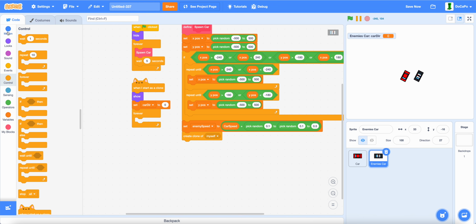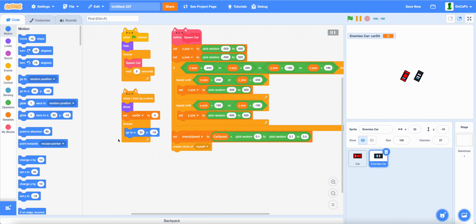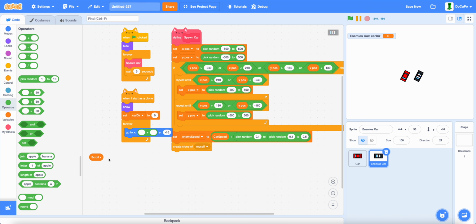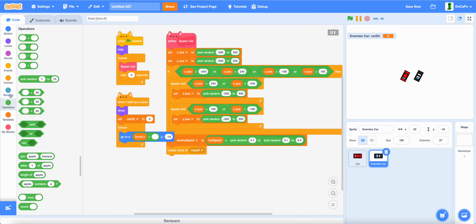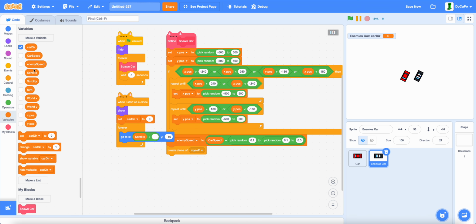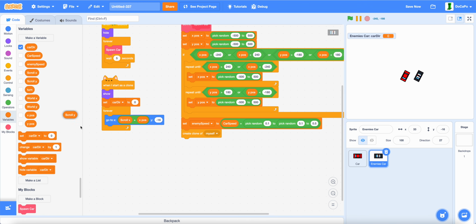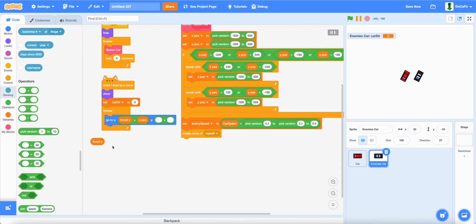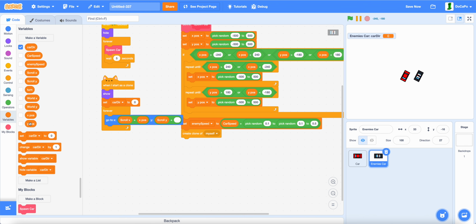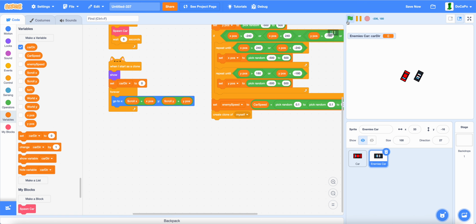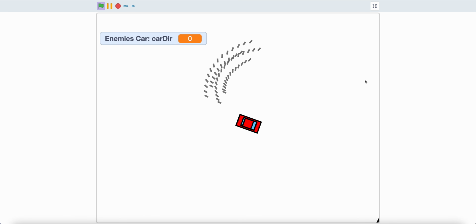Now forever, then go to scroll X plus X position or X pause, and scroll Y plus Y position like this. And now, if you test it and try to find a car,